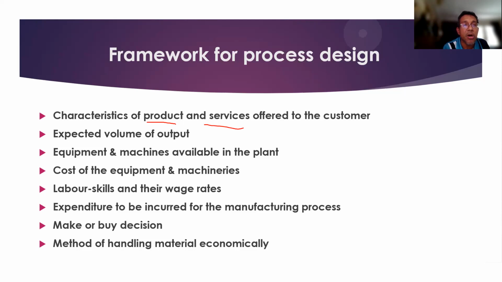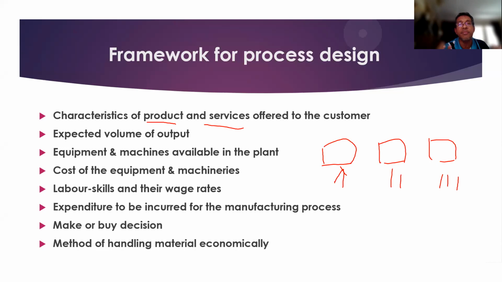If not, we need to consider that in the production plant, if we want to make one product, they have several processes. Process number 1, number 2, number 3, for example. So they have several processes and then several equipment and machines inside our plant. The machine and equipment we have, we need to consider.